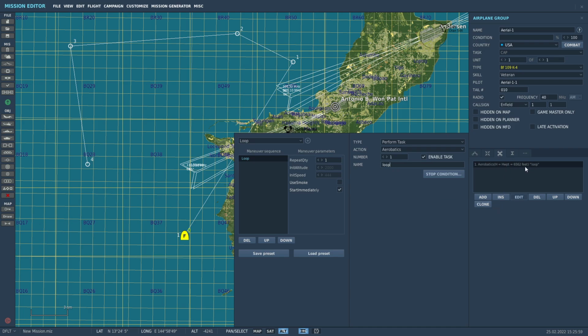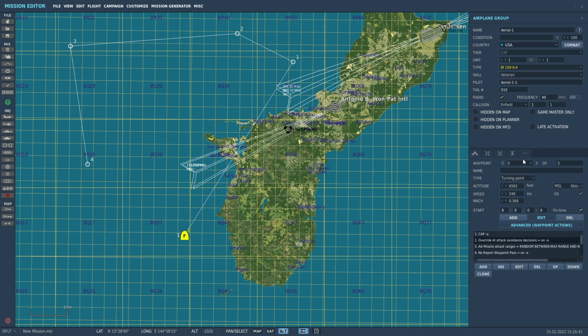So I have this task, loop, and as soon as I pull it out of the bag, wherever I want in the mission, depending on another former event or where the aircraft is on the map, or I'll talk about it later, then I just pull this out of the bag, and then the AI does his loop. So this is one way to make stuff happen, but I use these less than the other one that I'm going to show you,